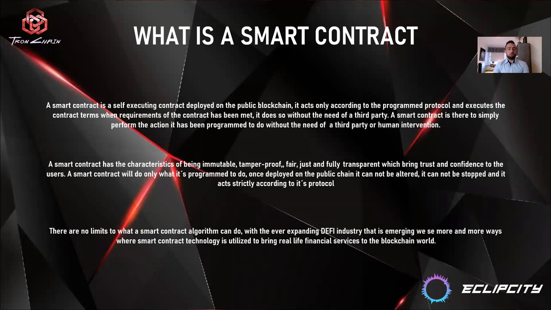Now, there are also no limits to what a smart contract algorithm can do. We can see that with the ever-expanding DeFi industry that is emerging, we see now more and more ways where smart contract technology is utilized to bring real-life financial services to the blockchain world through trust, integrity, and transparency.